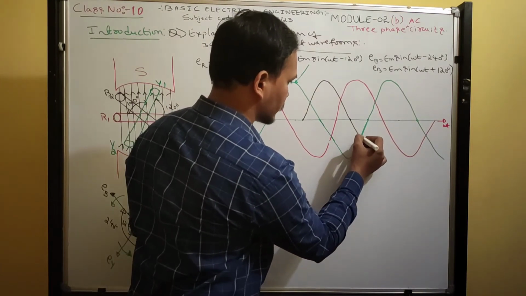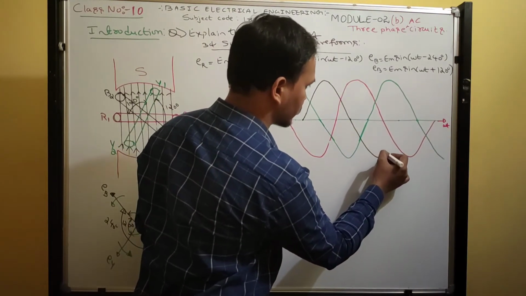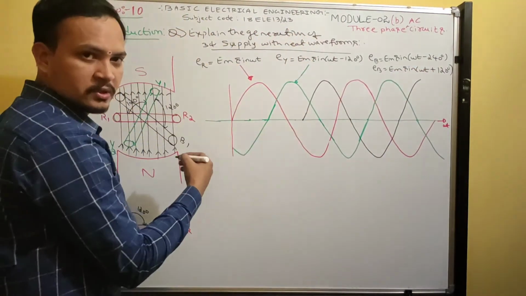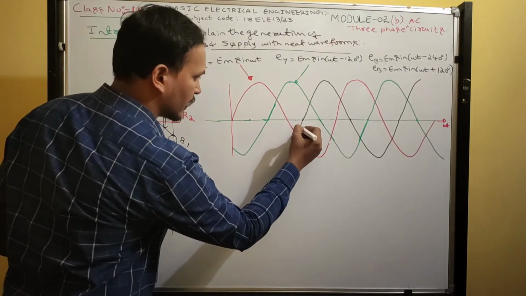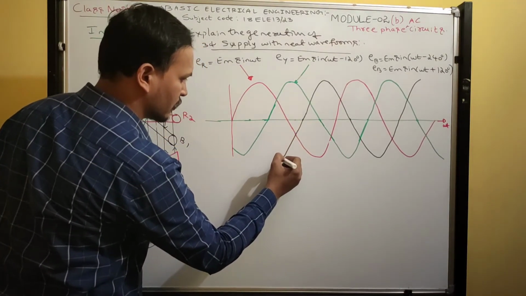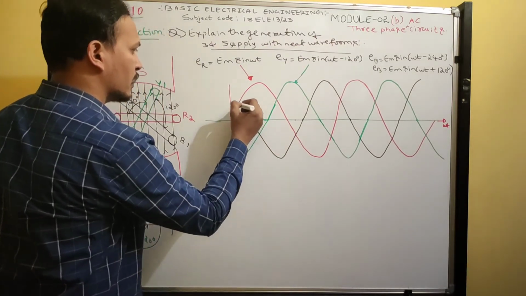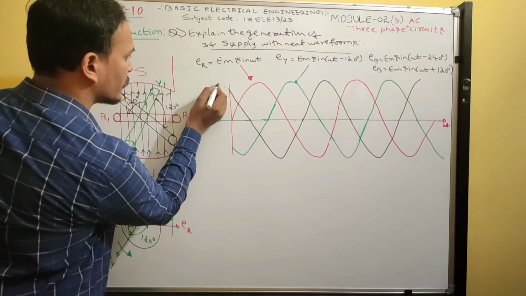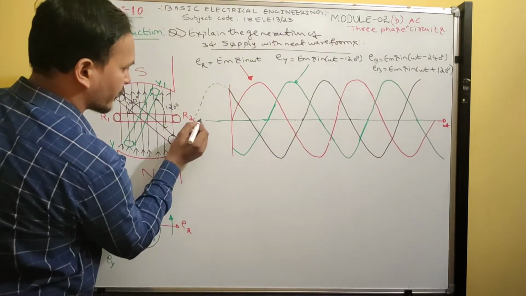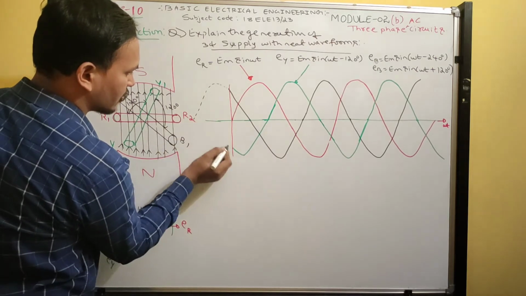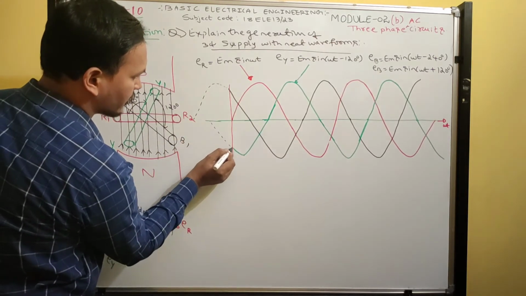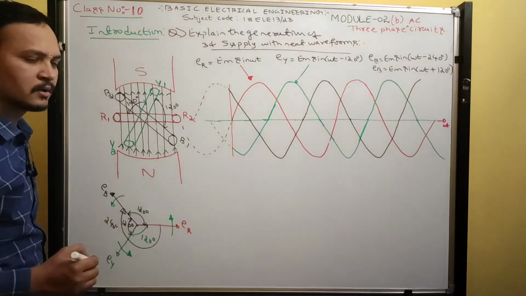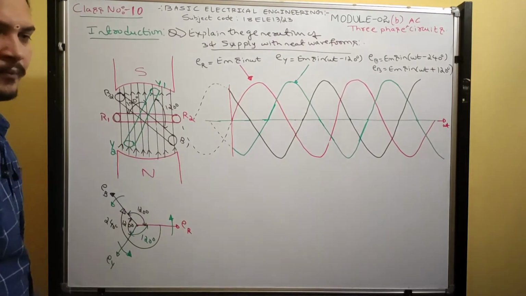Then the negative half cycle reaches maximum value at this instant. Again it reaches minimum and reaches maximum. Now come to this side. So in the negative half cycle, it reaches maximum value and it reaches minimum and finally it reaches some value. What about the other part? So this will be dotted lines. Okay, so like this. So 60, 30. So this remaining part will be like this and this one will be like this. So you don't worry about this side.